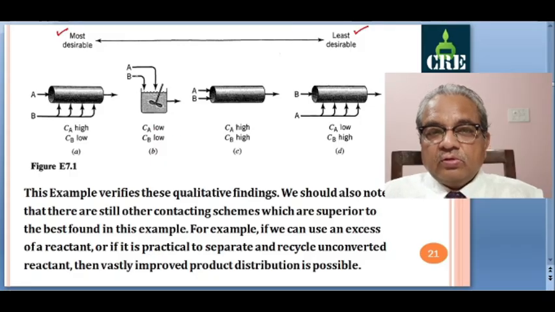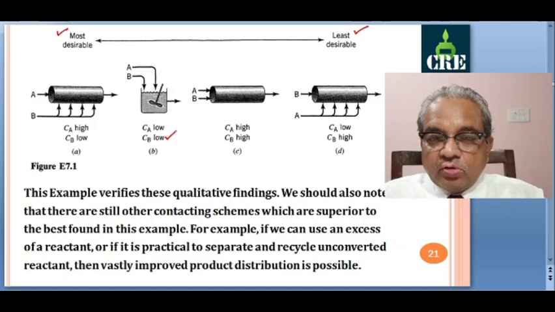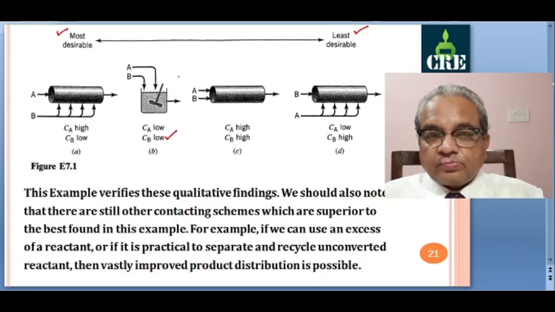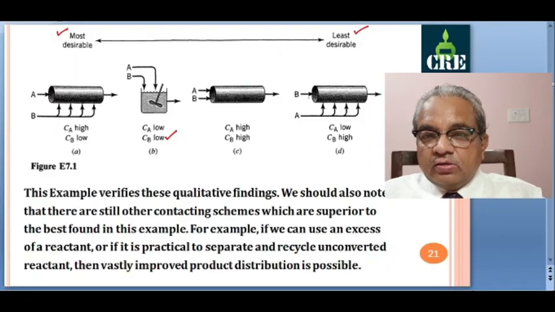CA and CB you can maintain. This maintaining low is more important. So this is less desirable as compared to this. Then if CA high and CB high both, if you go like this, this is not at all desirable, and this B